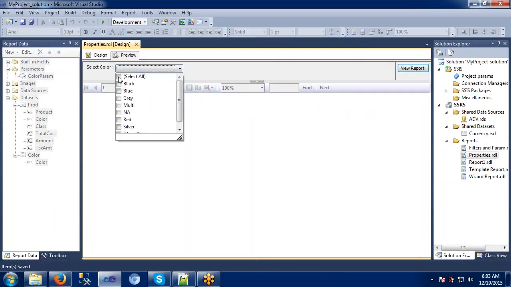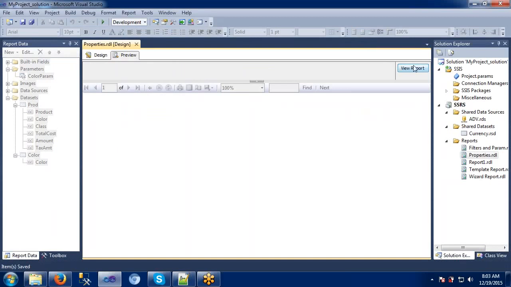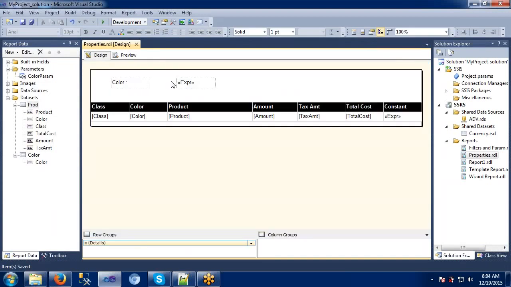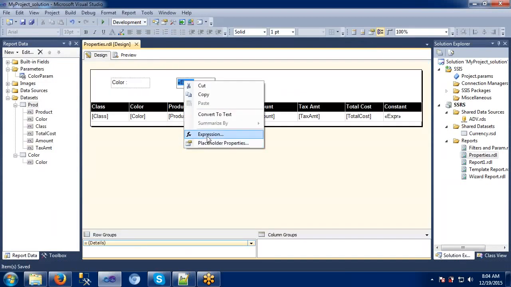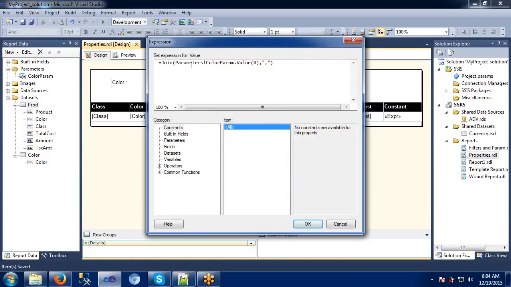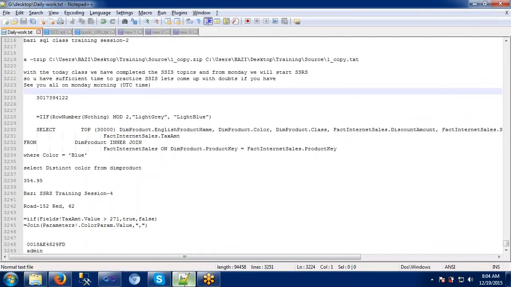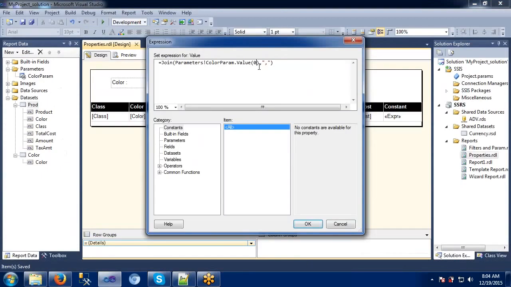Okay, let me select once again. It has thrown some error here. Let me see what that error was. Expression, join parameters, color parameters, dot value here. Dot value, it doesn't have any zero here.